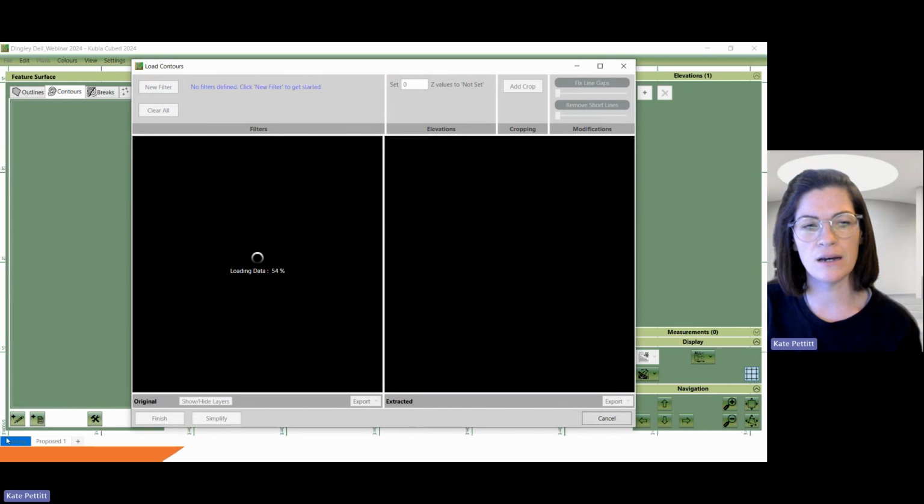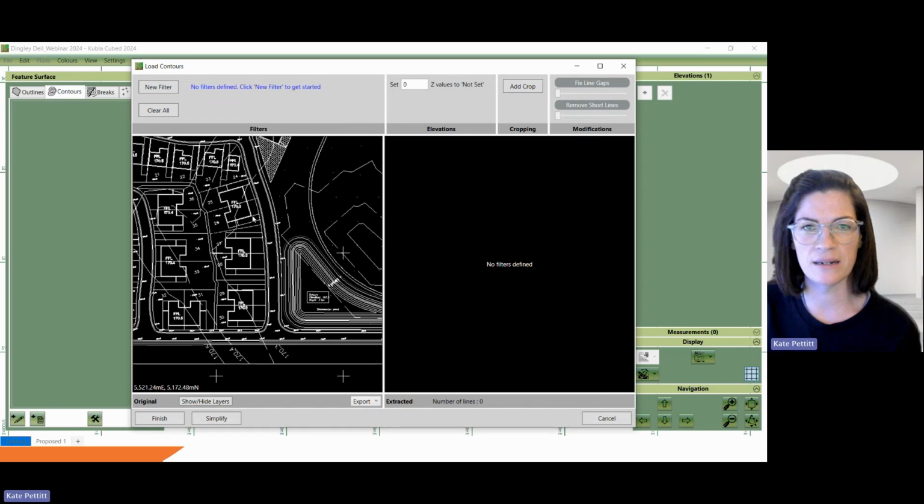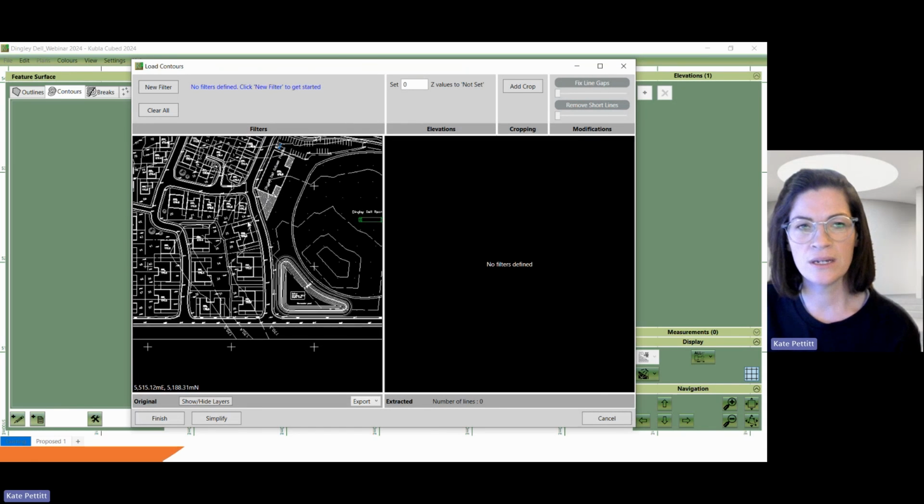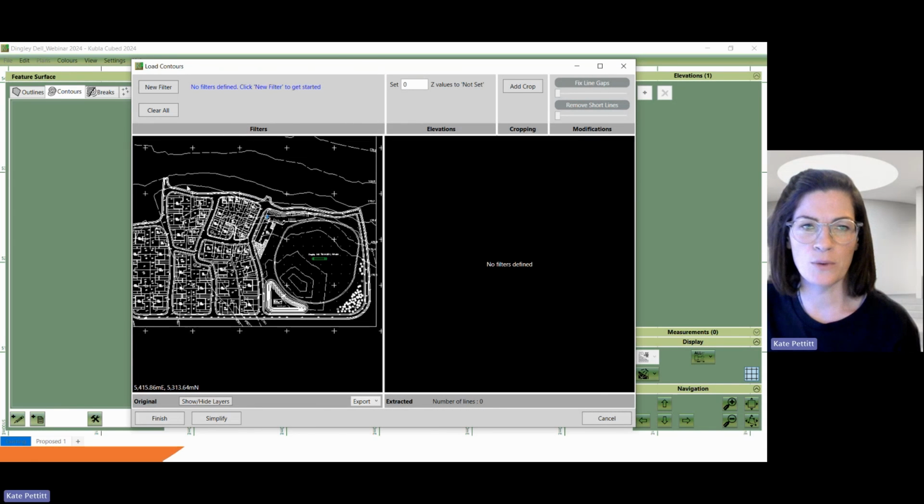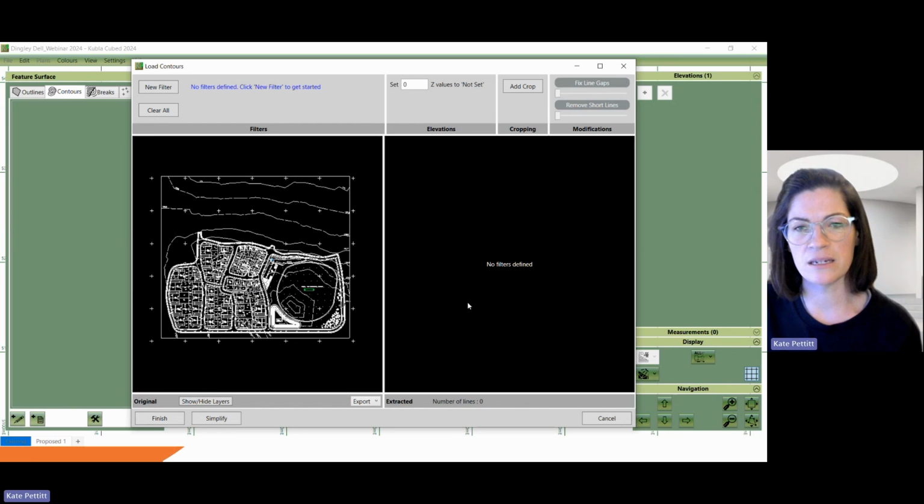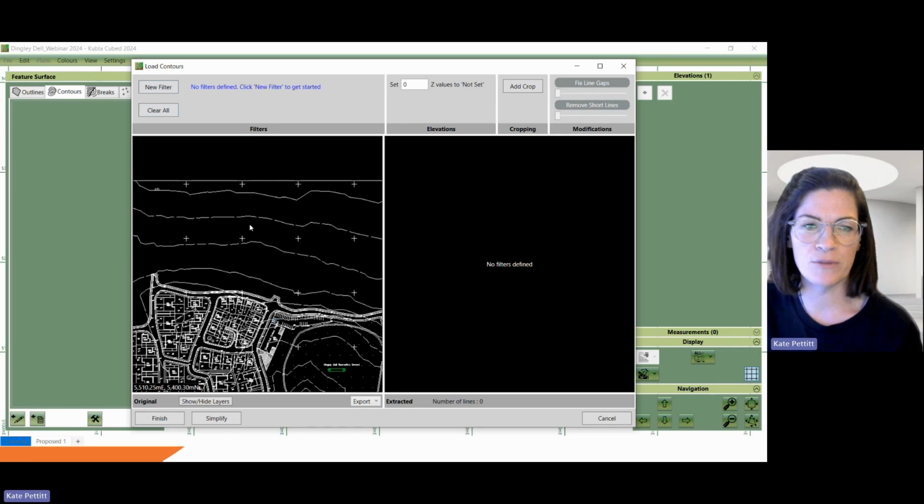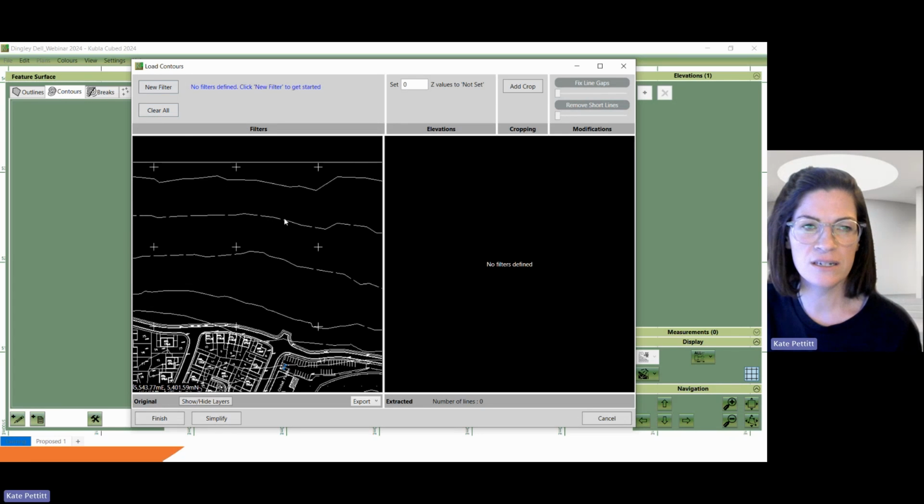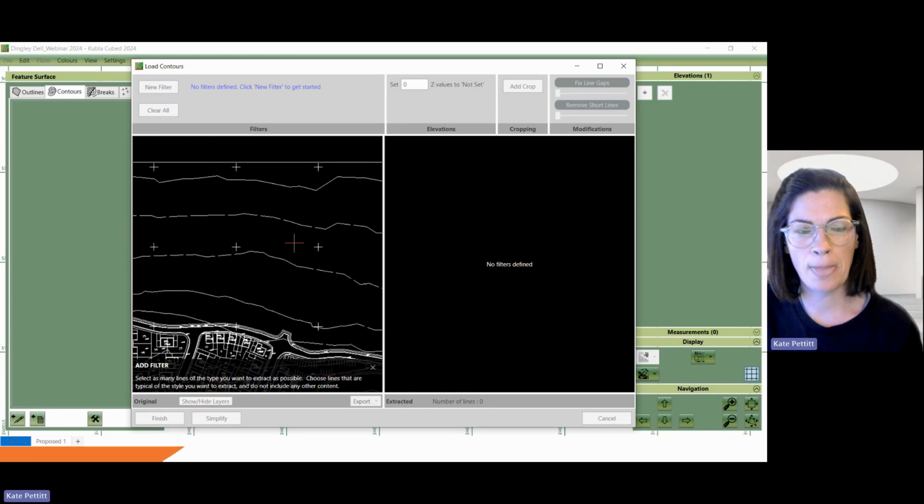Okay, and the add from file is where we open up the importer window. You'll be familiar with the setup of having the original site plan on the left, and then the extracted data will show on the right once we've added our filters. As I mentioned, we have improved the dashed line detection. So if we add a new filter and